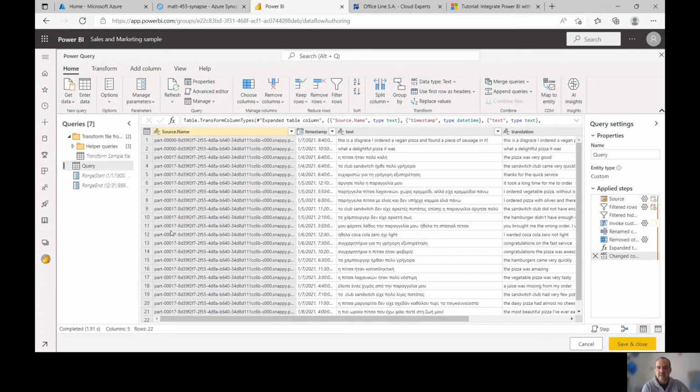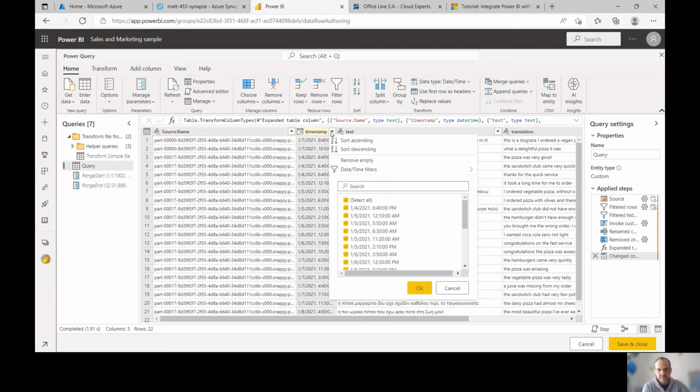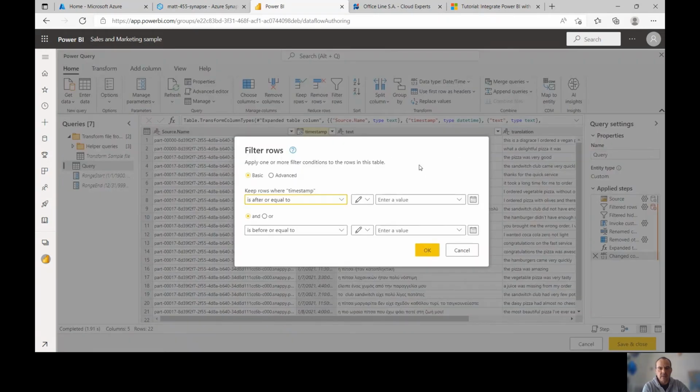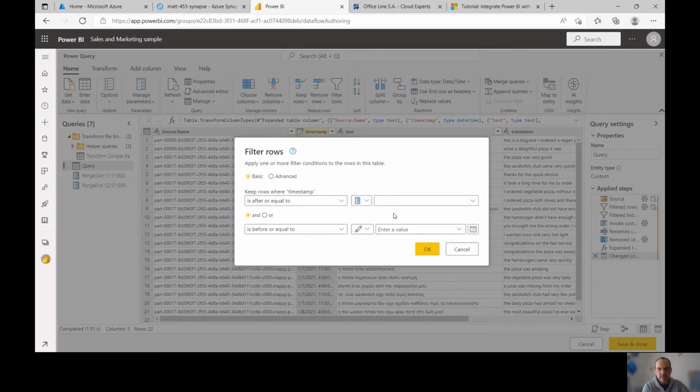So after you define these two parameters, you can insert a filter in the timestamp column. In the data flow, you use a between filter. In the Power BI Desktop, you should use a custom filter. And then you select the parameters here.